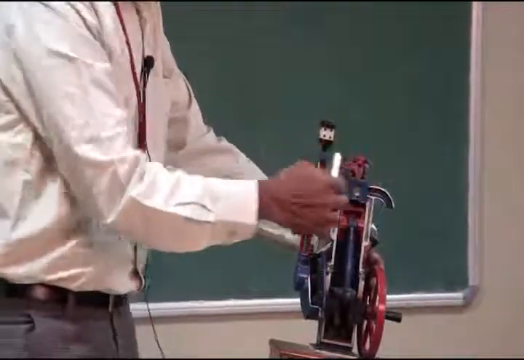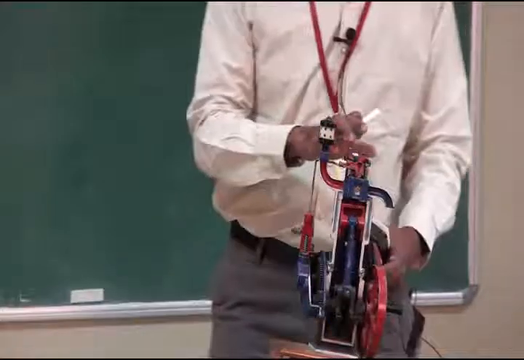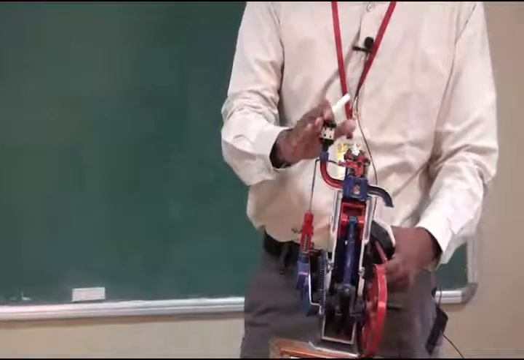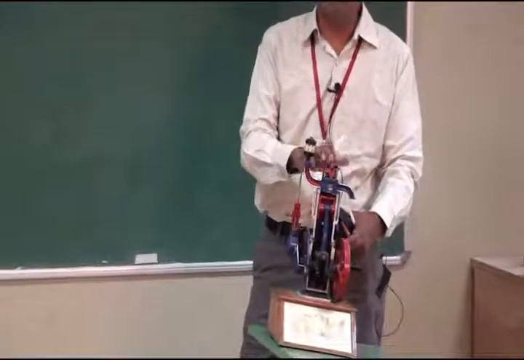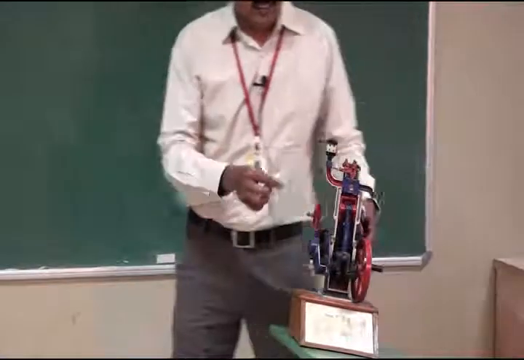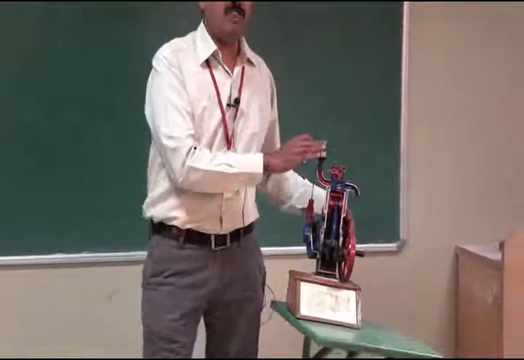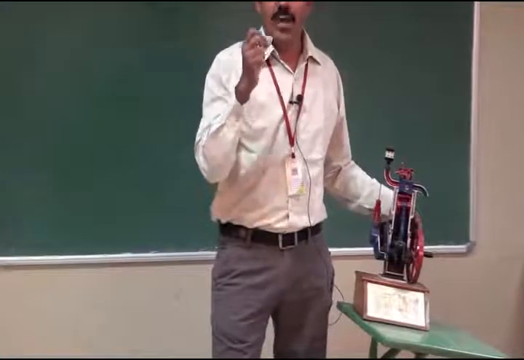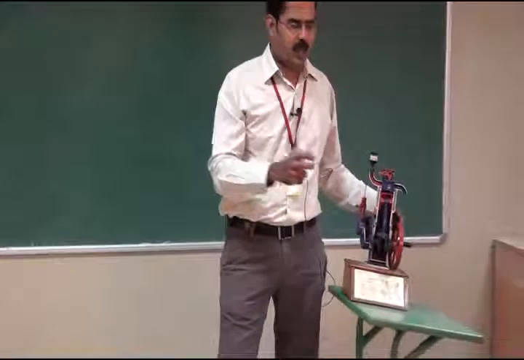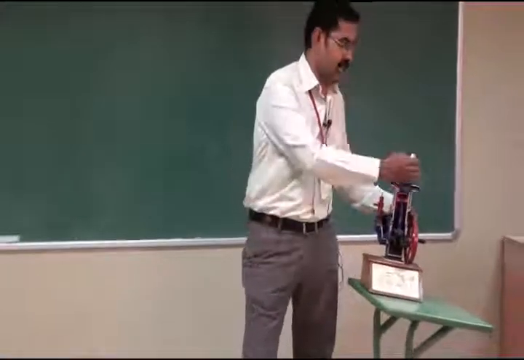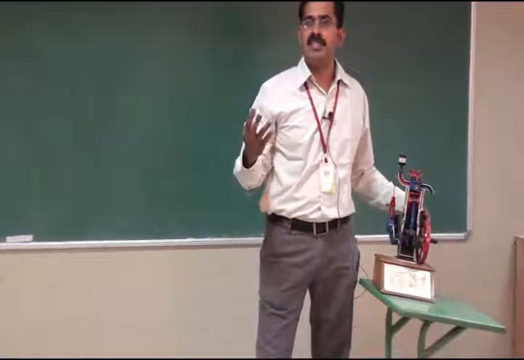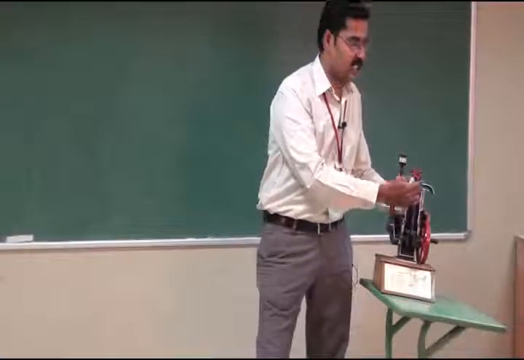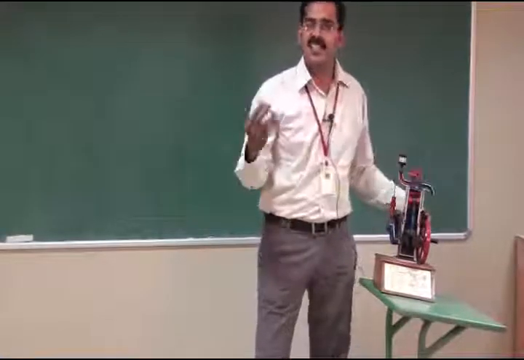And in the topmost portion we have a cylinder head. The cylinder head consists of two valves. One is the inlet valve, another one is the exhaust valve. Here in the 4-stroke petrol engine we have a spark plug. The function of the inlet valve is that the air fuel mixture is admitted into the cylinder during the suction stroke. And the function of the exhaust valve is that the burnt and unburnt gases present inside the cylinder are expelled to the atmosphere during the exhaust stroke.